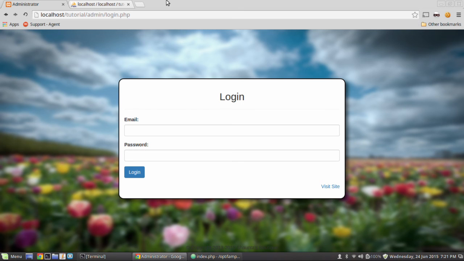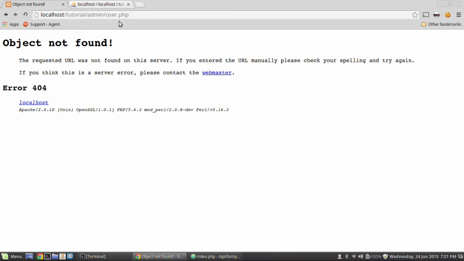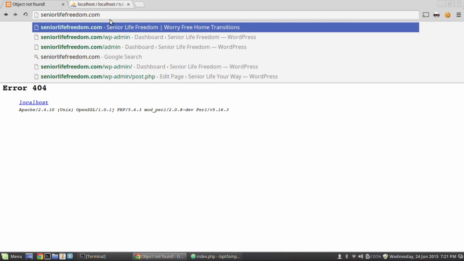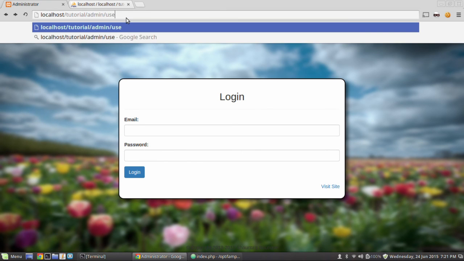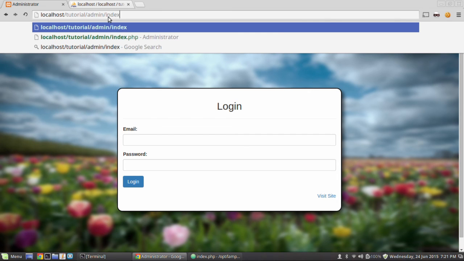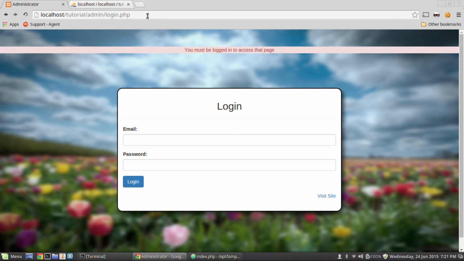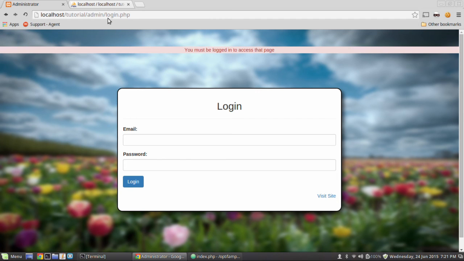Okay, so now if I try to navigate to users.php, well, you must be logged in to access that page. If I try to navigate to index.php, you must be logged in. If I try to navigate to any of these, products.php, must be logged in. So then if I log in now,